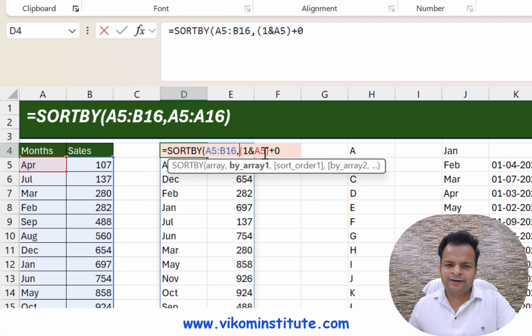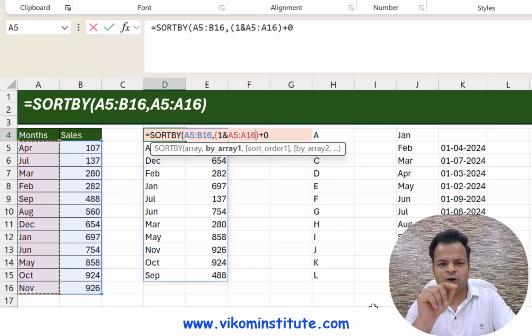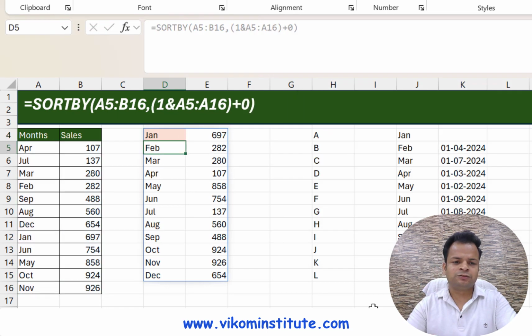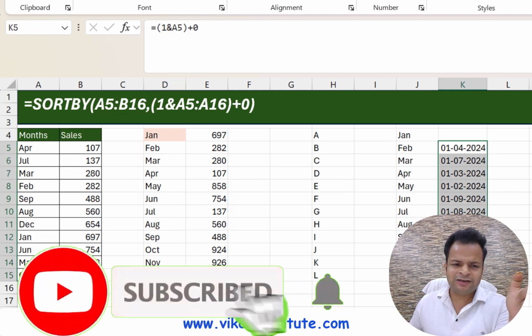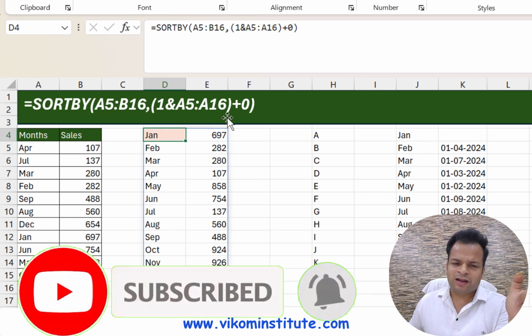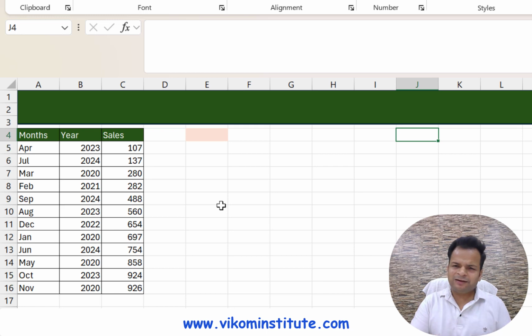Now I need to remove this A5 because I am building a one-cell technique, so I need to use this whole thing. This time if I enter the formula in one cell, then it is going to update the other cells also. So press enter, and you will see all my months have been sorted. So that's how we are going to work it. Basically what we have done is given a specific range in it, and sort by is performing well. Now this example is a little bit different from the previous one.